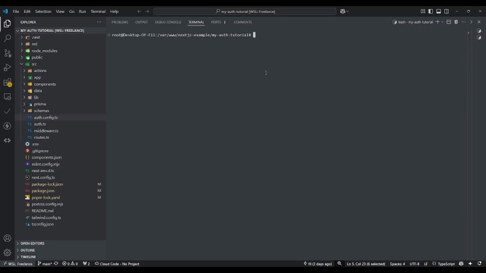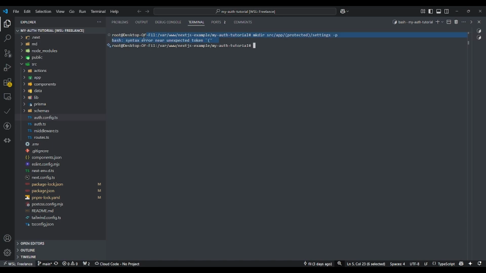Now, back in our VS Code editor, let's create here two directories. The first one is protected and the second one is settings. We just have to add p here so that they will be created simultaneously.